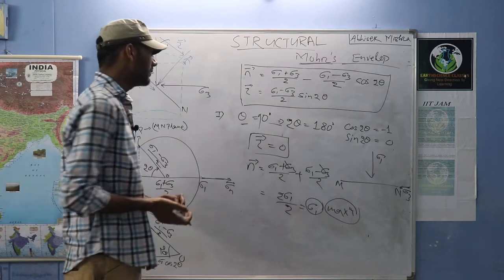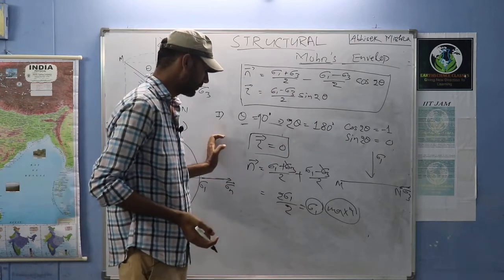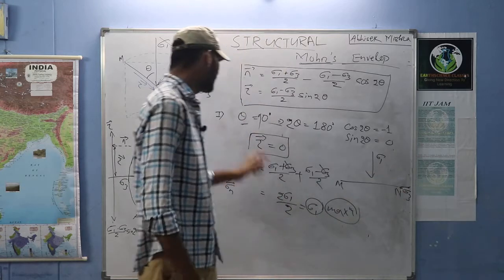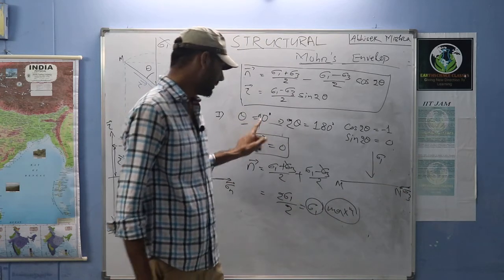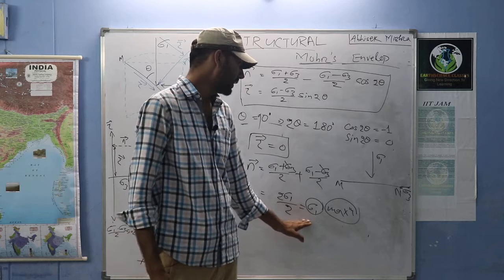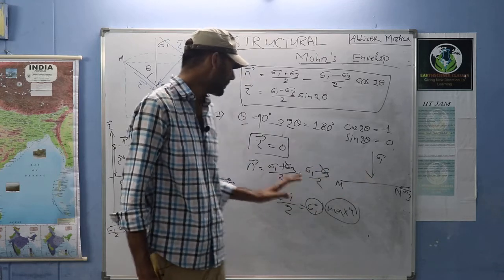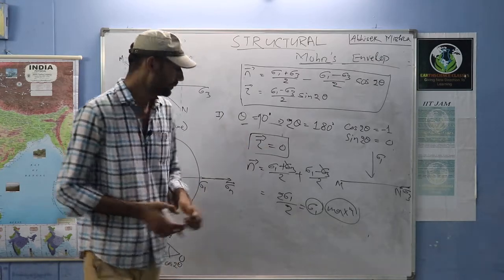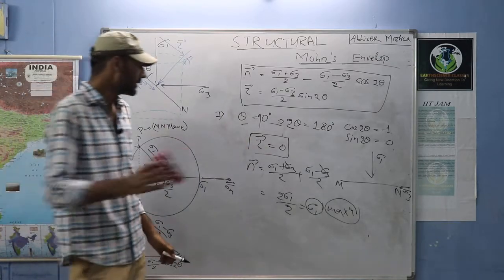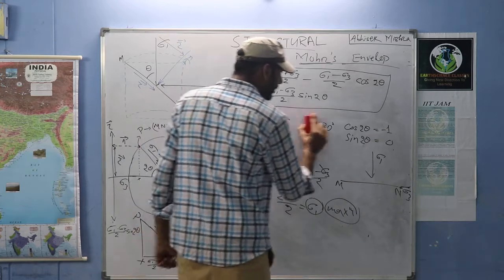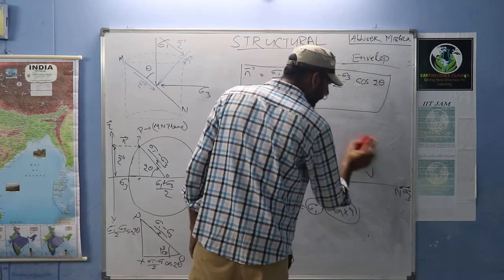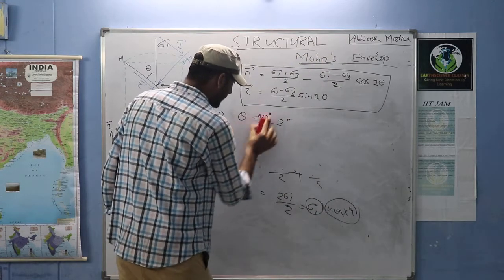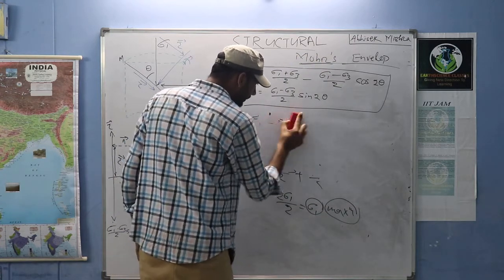So as we have found out, when theta is 0, the normal stress will be minimum, that is sigma 3. When theta is equal to 90 degrees, the normal stress will be maximum, that is sigma 1. You can see from the diagram itself, and the shear stress will become 0 in each case, right? Then we will find out the case of theta equal to 45 degrees. The third case, theta is 45 degrees.